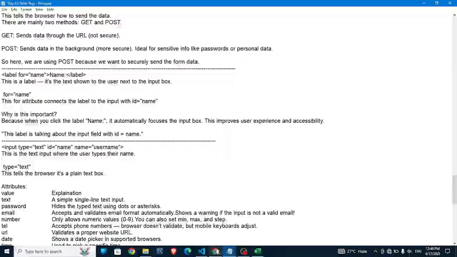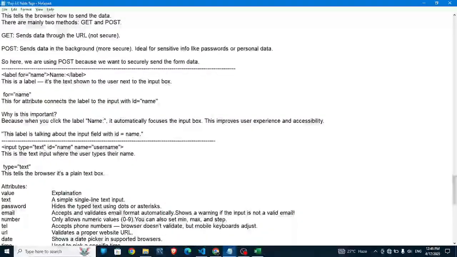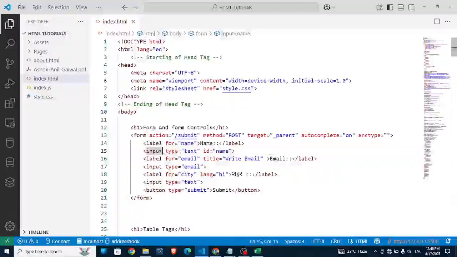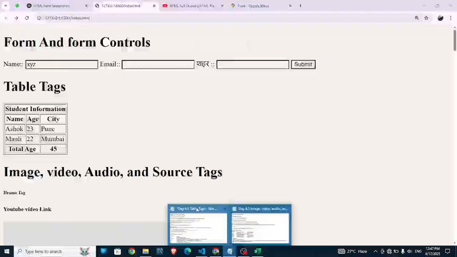ओके। ये क्या करता है, इनपुट में यूजर को बता देता है कि आपको यहाँ पर टेक्स्ट टाइप करना है। ओके, आपको एंटर करना है नेम। टाइप टेक्स्ट, this tells the browser plain box, it's a plain box। ओके। ये टाइप क्या कर देता है, यूजर को ब्राउजर को बता देता है कि ये प्लेन बॉक्स है। ये जो दिख रहा है वो इसमें कुछ भी नहीं है, प्लेन है।